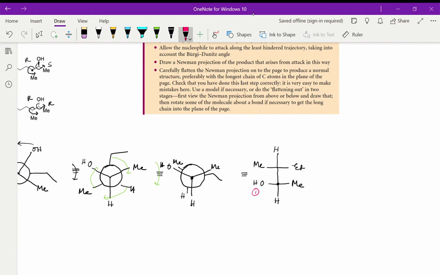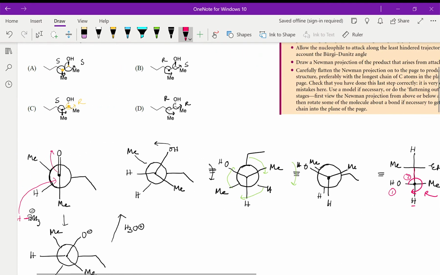this end on the top to be as obviously 2, and this will be as your 3. So if you try to assign how the rotation is there, it is like this. Now if it is going like that, then obviously it is undergoing in a clockwise direction. Hydrogen is below the plane, so we will call this as R, isn't it? All right.